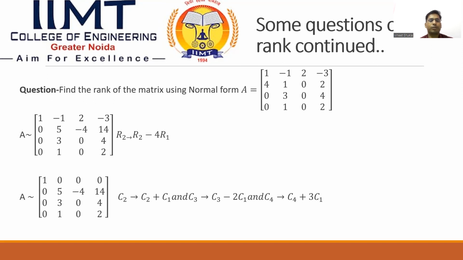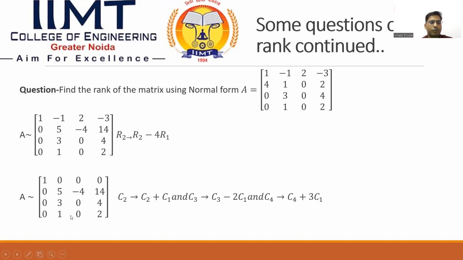Therefore, row 2 goes to row 2 minus 4 into row 1. Hence, we get a matrix 1 minus 1 2 minus 3, 0 5 minus 4 14, 0 3 0 4 and 0 1 0 2. Now A is equivalent to 1 0 0 0 and 0 5 minus 4 14, 0 3 0 4,